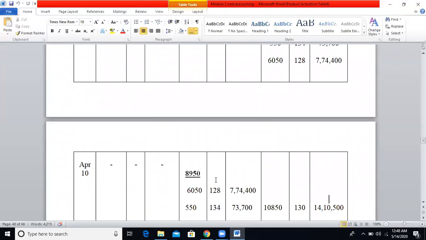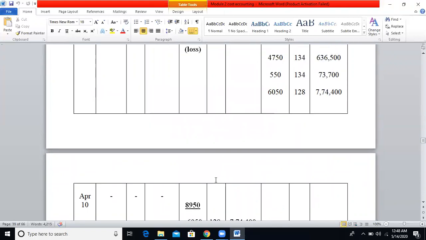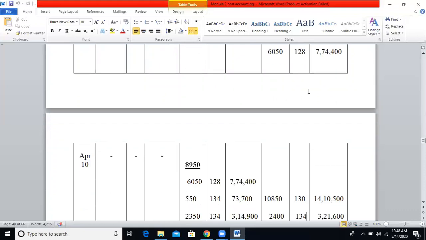So see the previous balance column. We are having 6,000 last balance. From the last balance, you have to issue. If all the units under this batch have been completely issued, you have to move to the previous issue. So first you will issue 6,050 units at the rate of 128. So out of 8,950, we have issued 6,050 units at the rate of 128. So if you multiply these two, 6,050 into 128, you will get